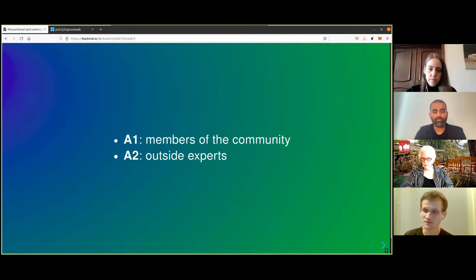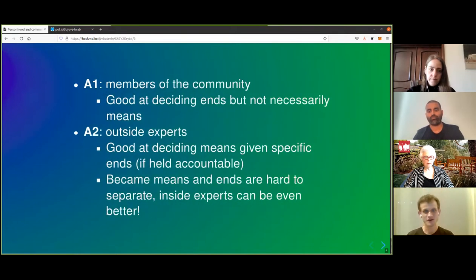The Ethereum community sometimes, or various organizations, temporarily hire cryptographers. There's always a need for experts, including experts that are not also persistent members of the community. Though, of course, if an expert participates enough, they can also become a member. So one of the ways of thinking through this is that members of a community tend to